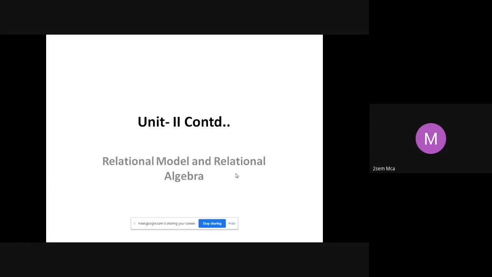Now, in the lab sessions, we have seen how we can write queries using SQL, correct? We can also write the same query using what is called relational algebra. So the notations will be slightly different, but you can still write the same query using the relational model or the relational algebra. So we'll also be trying to write a couple of queries. Though in your lab we are using only SQL, we should also learn how to write queries using relational algebra.